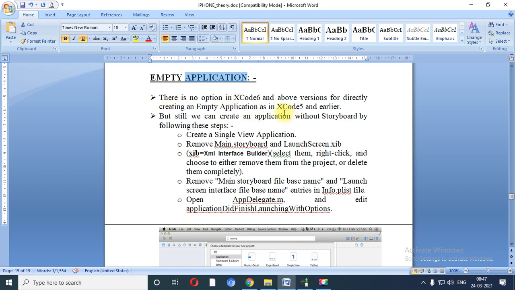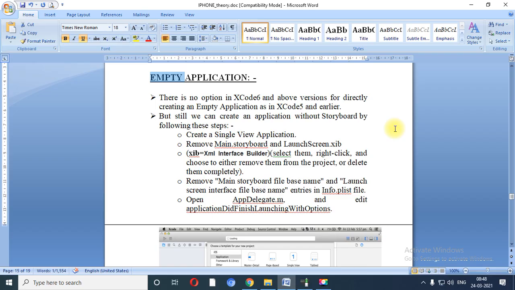It is there in the Xcode 5 and earlier version. That means if you want to develop empty application in the Xcode, you need to use Xcode 5 or earlier version, because after Xcode version 6, this facility is not given.